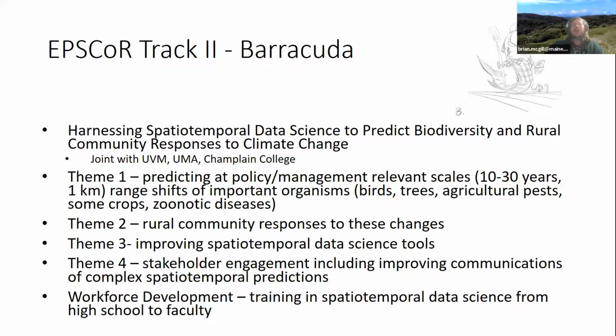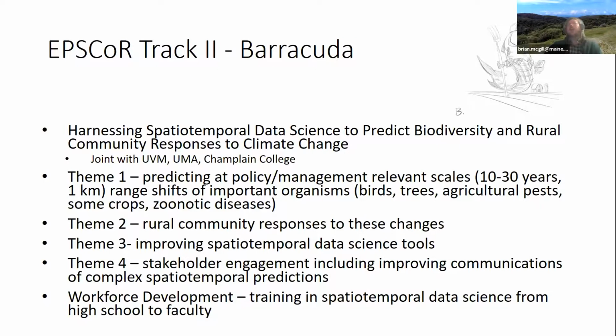Theme 1 is predicting responses of, we've never come up with a good word for this, but outdoor organisms, right? Organisms that are significantly interacting with the climate. So not crops like corn or something which are very heavily managed, but things that are long-lived and strongly interacting with climate. And predicting, the novel part, these predictions, as you've seen in some of the things I've already talked about, have been